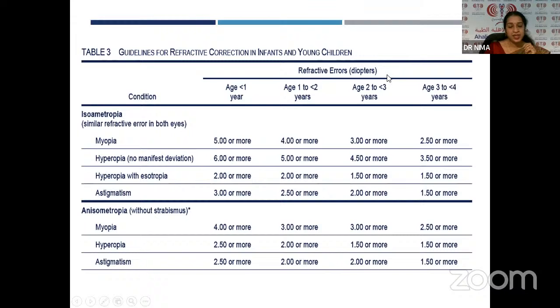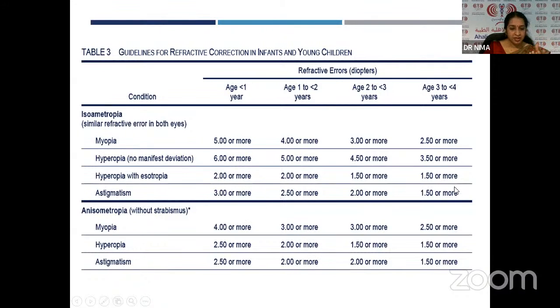The main concern for the parent is when the child is very small and we are seeing a power. This we are following according to the American Academy of Ophthalmology guidelines. When the child is very small, not in all cases do we prescribe glasses, especially infants, up to 4 years actually. So depending upon the power. Especially high myopes only, we prescribe glasses. If it is less than 1 year, 5 diopter or more only we prescribe. This is just a chart showing the power.